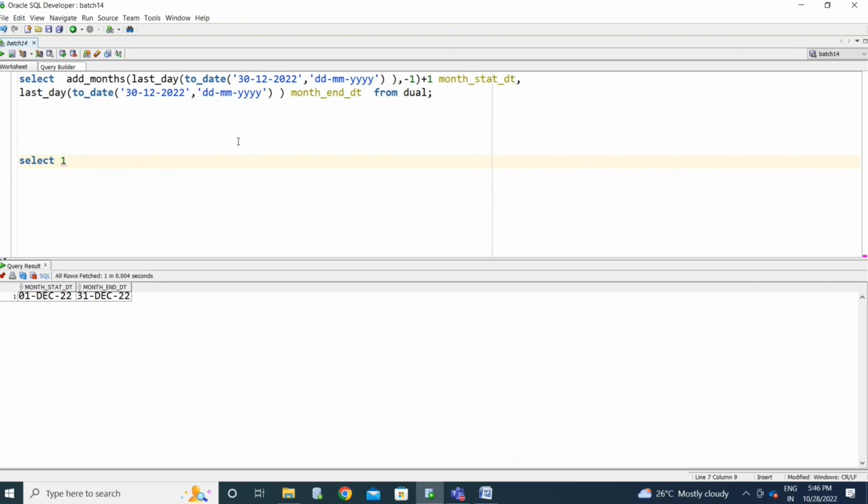So you are doing 3 divided by 2 from dual. It is displaying 1.5. If you round this value, it will display 2, right?